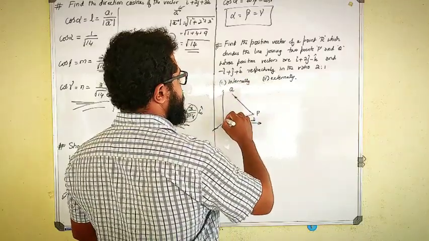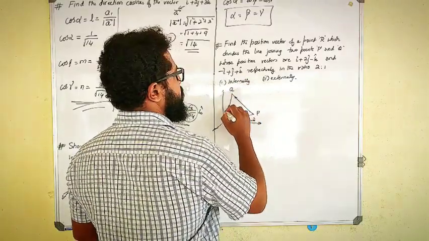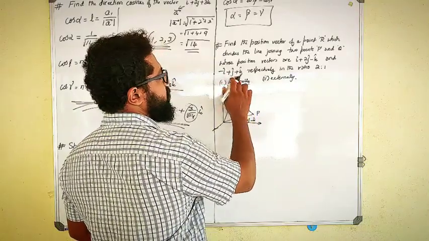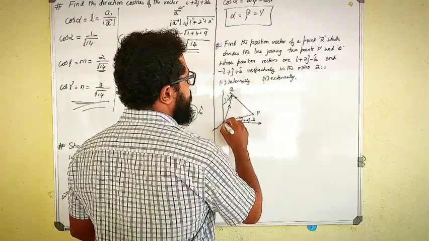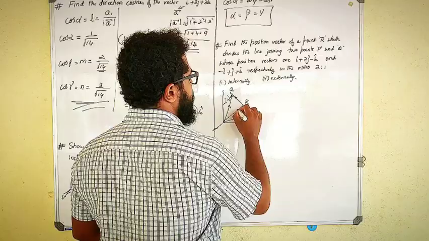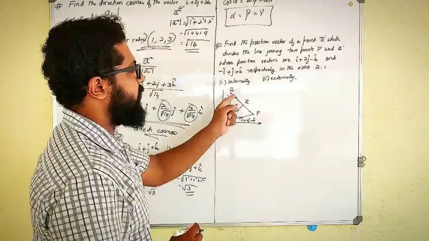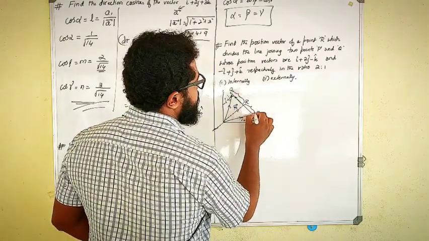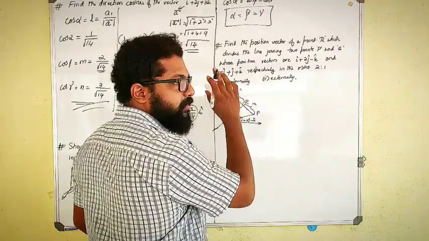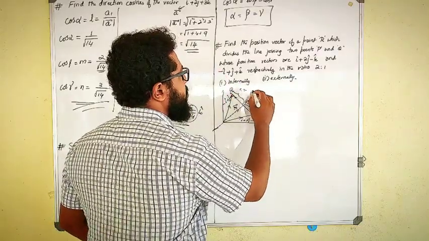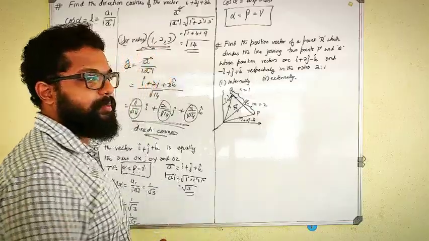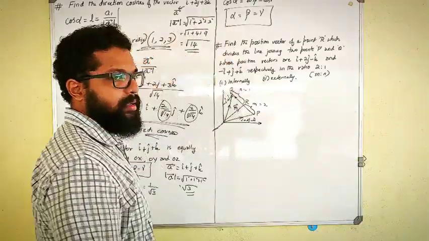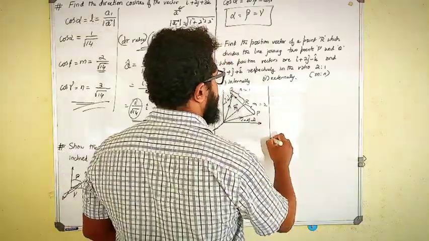And the Q vector is this one, minus i cap plus j cap plus k cap. This position vector is of the Q vector. I should find out a vector, this R vector, such that R vector divides in the ratio of 2:1. Remember in the derivation that was m and n, which means this is dividing in the ratio of 2:1. Usually the ratios will be in the form of m:n. Clear? So understand this.